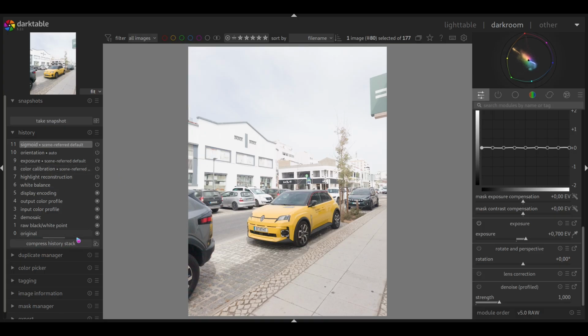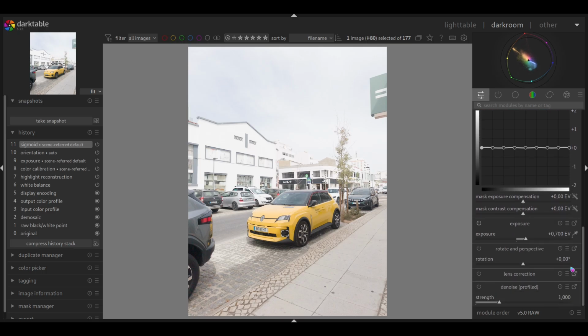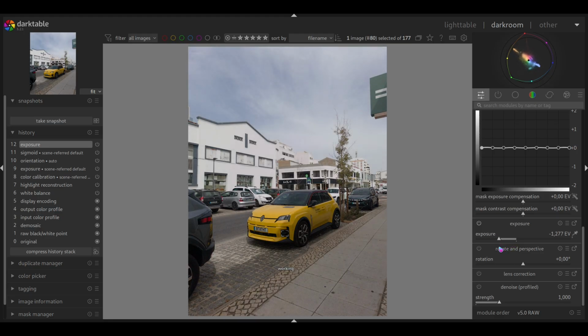I need to try with the Sony files. I have a Sony, but for now, let's keep this one just to make things easier and faster. This photo, I took it overexposed, so we have a little bit of room to brighten